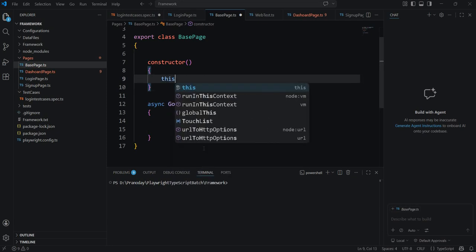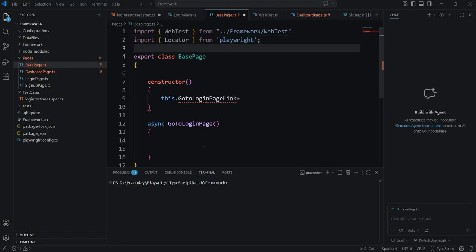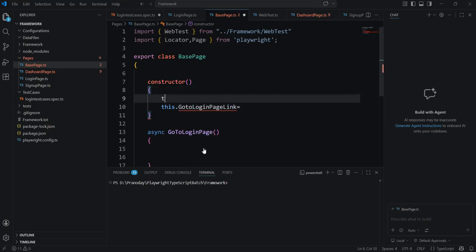So I would say this dot goToLoginPageLink, we can give any name, equal to, and then we have to use the locator. So for that we will import page, and here what I'll do is this dot page equal to,